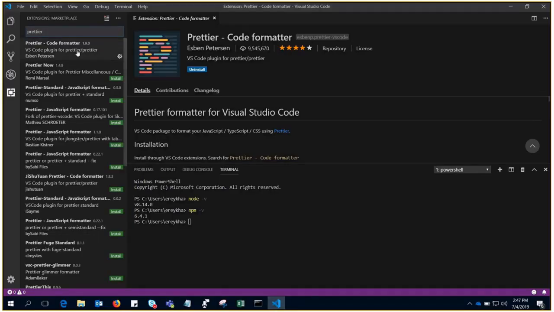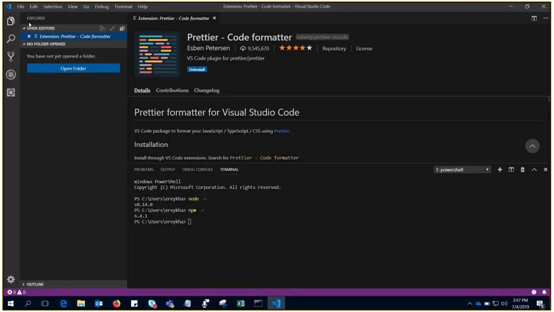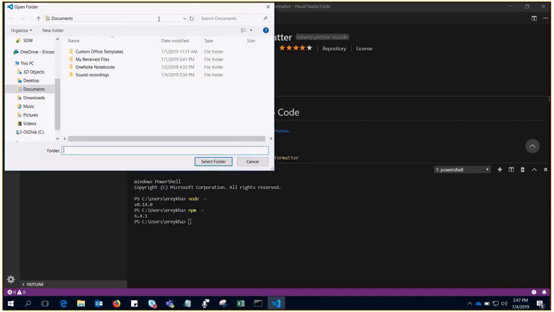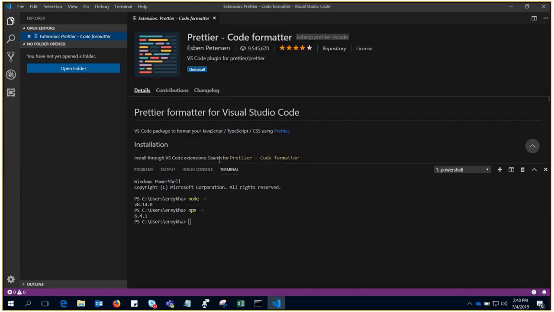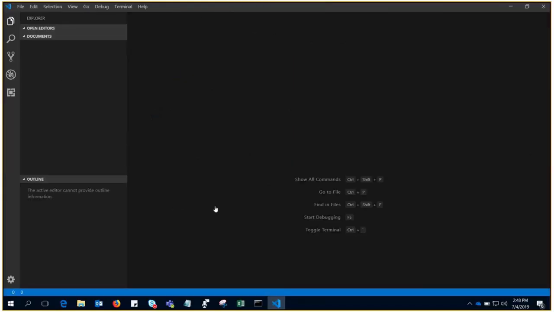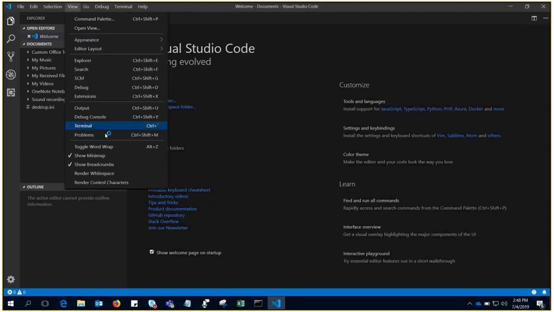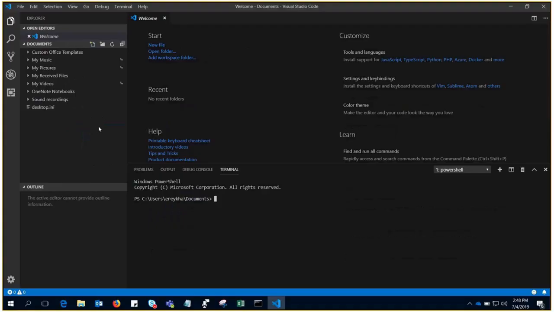I believe it is installed, and then let me open the folder from here. I'm opening the terminal because I don't want to navigate to the command prompt to write any commands. I'm navigating to the folder, and now here,